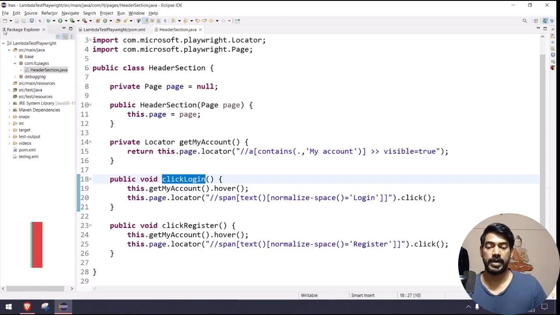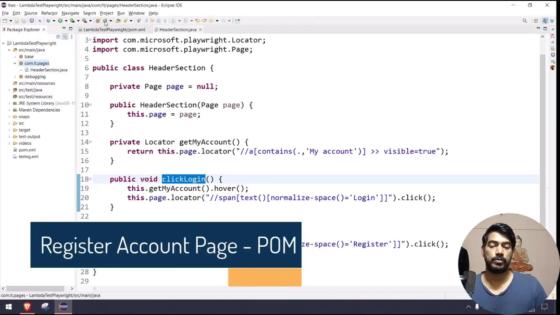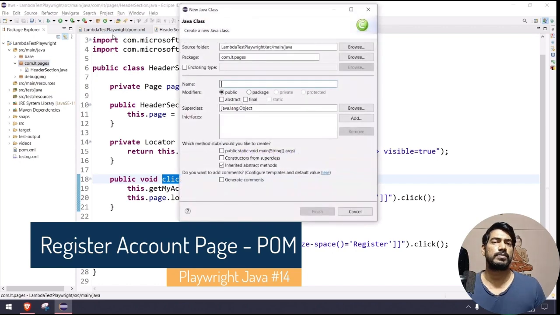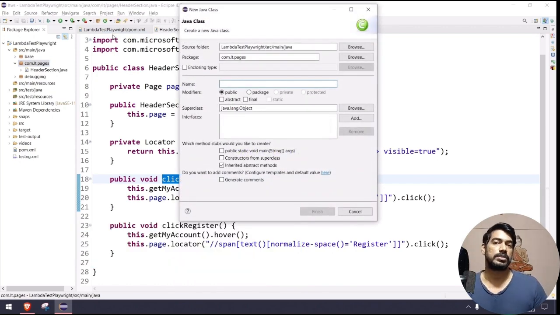So let's go to our package explorer. I'm going to create one more class. Why am I creating one more class? Because of course it's a new screen, that means it's a new class. So I'm going to say RegisterAccount